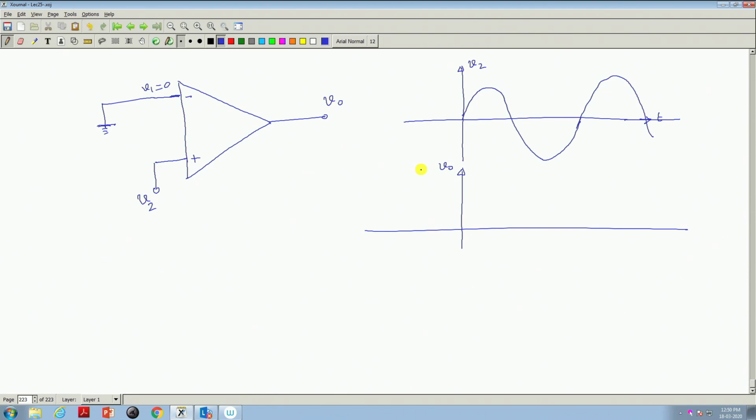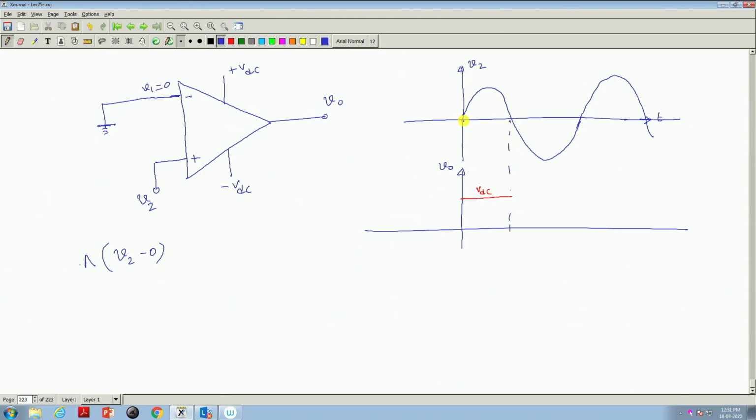The question is this. Suppose it is an ideal op amp, a slight increase in V2 minus 0 volt, into the gain, but that zone is very little. So, V2 greater than V1 means it will immediately go to plus VDC. VDC is of what? VDC of the op amp, the two supplies you will connect. It will saturate,